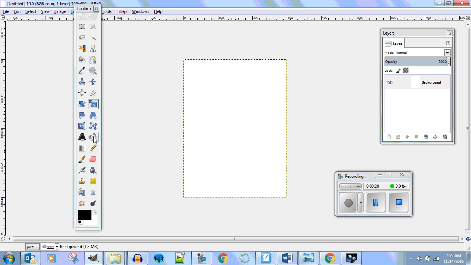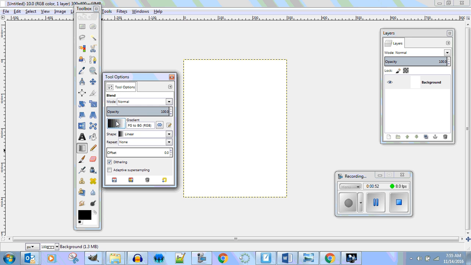Now what I'm going to do is go get my blend tool. Let's say you wanted to make your own background for your app. Remember, if you steal stuff from the internet, you could get sued for that. Even that picture of AJ Green, I don't have rights to that picture. But if I go to Gimp and make my background with this blend tool, I can click here and go get